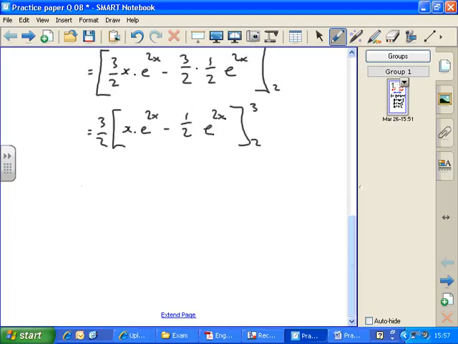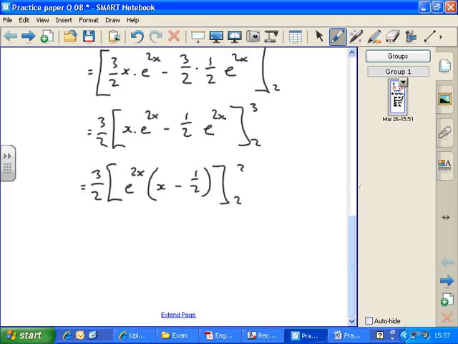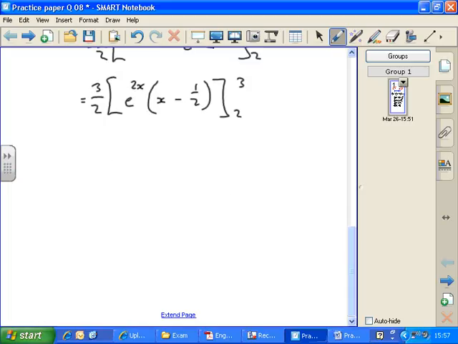Inside there I can take an e to the 2x outside. Just to make life a little bit easier for myself, I can call that e to the 2x into x minus a half. Just means I've got to do a little less algebra when I put the numbers in, a little less calculating. So now I put my limits in. So this is going to equal 3 over 2. So that's e to the, first putting the limit 3 in, so what's that going to be? e to the 2 times 3 is 6, brackets 3 minus a half,